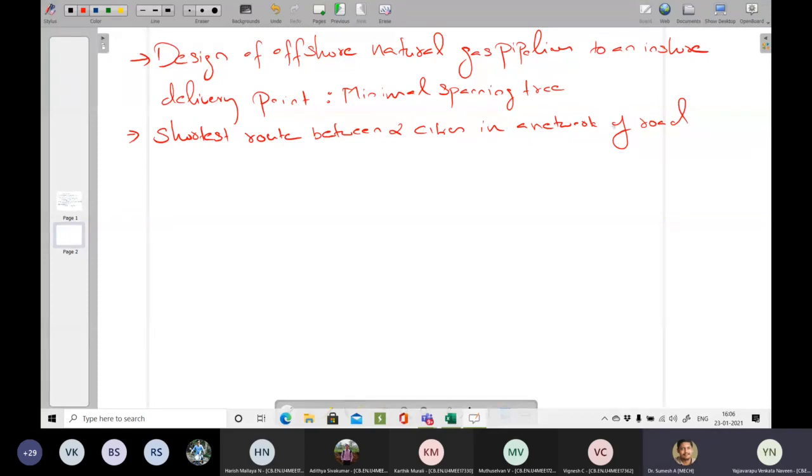The objective is that you have a start point and an end point, connected by various roads and routes. Which is the shortest route between your start point and end point? Here all the nodes do not have to be connected, only the first and last node. So in that case, you can go for the shortest path algorithm.